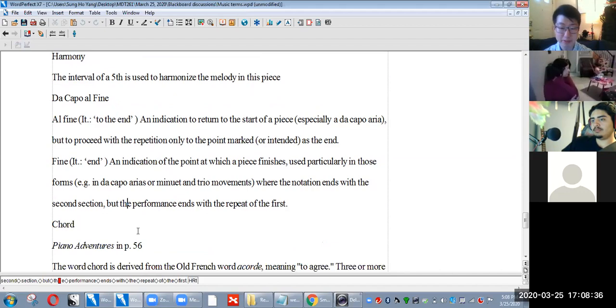We briefly skimmed through the pentascale from C major: C, D, E, F, G, right? So if you play scale degree 1 and scale degree 5, that C and G note will become a fifth interval, fifths,